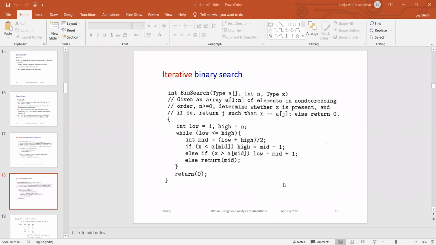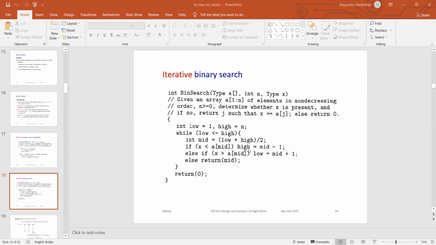Okay, good. So now if you are searching the element, if your key element is less than a of mid, low will be as it is, but high, which is in the rightmost part, will come to leftmost part. Keep that one in your mind. So when your key element is less than a of mid, low will be in the same position. High, which is in the right part, will come to the left part.